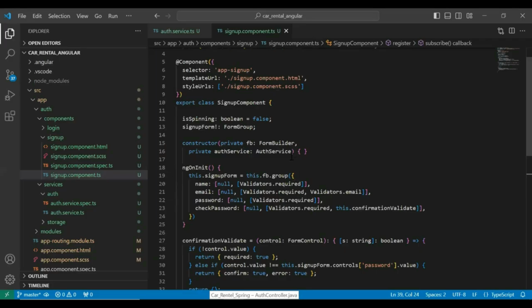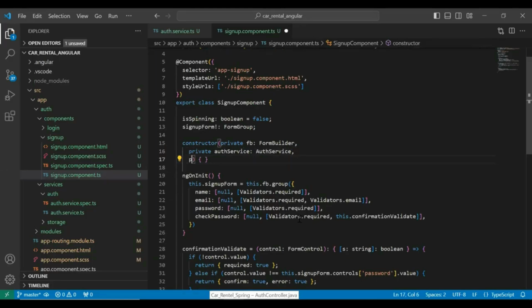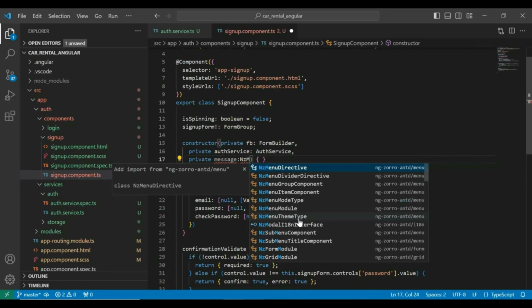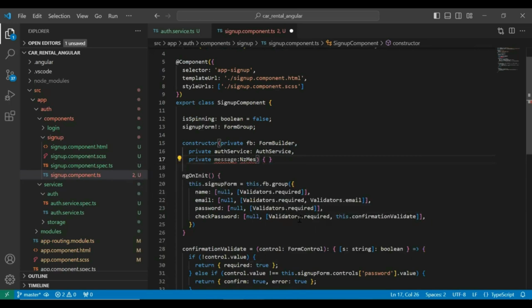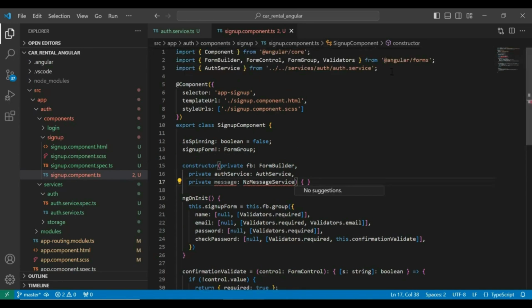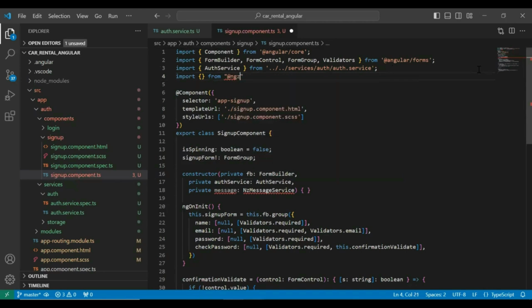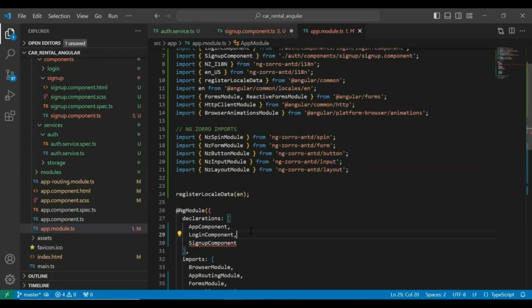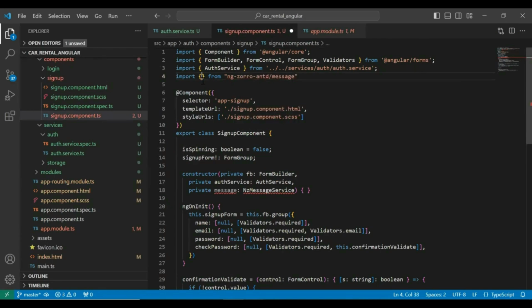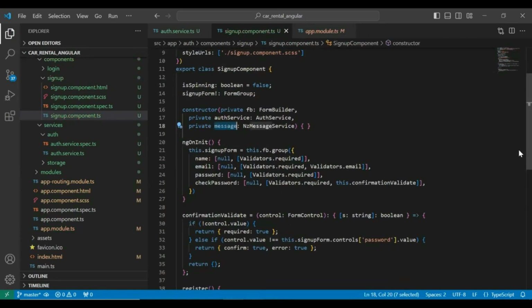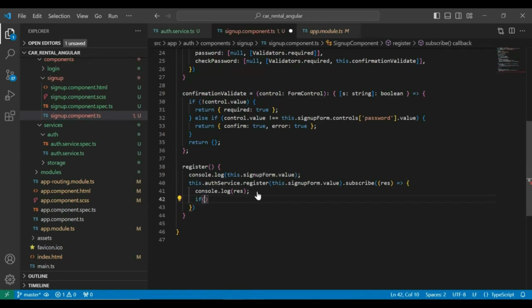Okay. So we need to show here a notification like customer posted successfully or something else. To perform this functionality, I'm injecting here the message service. So I'm creating the instance in our constructor, and it will be NzMessageService. We need to import here manually. So here we need to check in the condition, that is res.id not equal to null.